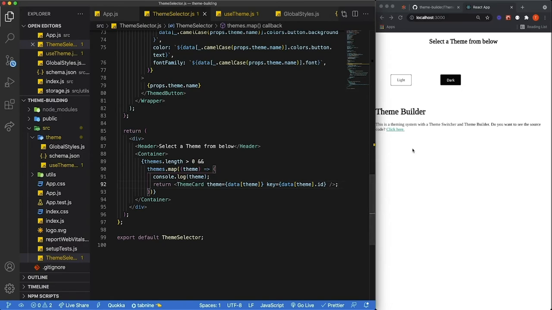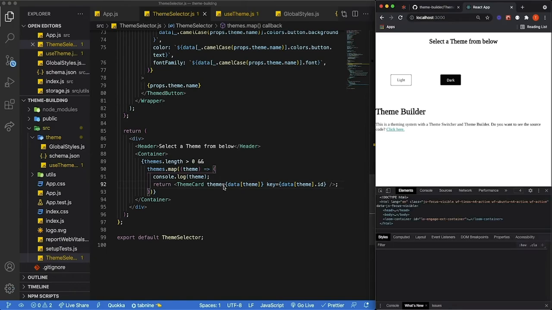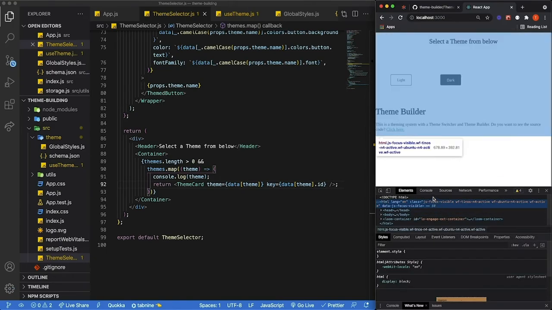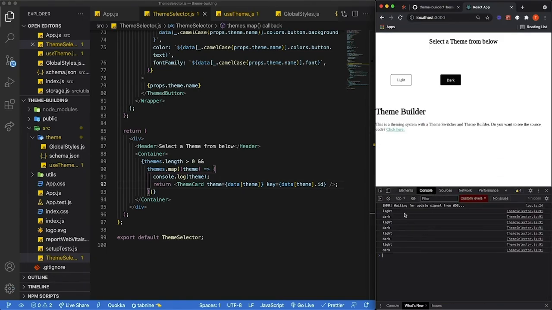So now we have this. I want you to see the console. I want you also to be able to see the themes now, so that I can write this line 92 in a different way. So look at it. If I refresh, see, theme. When it loops through themes, themes is an array of two themes, right? Theme light and theme dark. This is why it's returning this, because it's mapping twice. So now, inside of this theme,